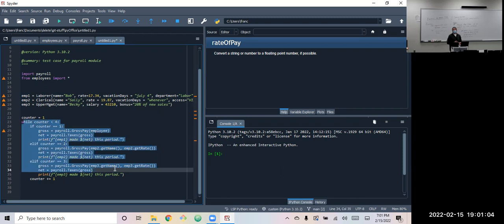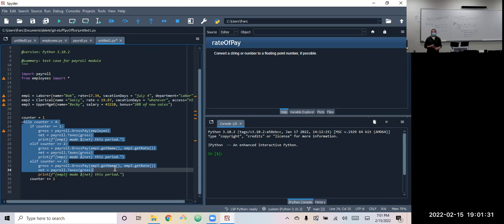This is the use level. All of that other stuff would be set up already. The classes, the payroll, and this is probably the level you're used to working with, right? You import a module and then start using it immediately. So all that stuff is already set up somewhere else. It just so happens that right now it's open in the same IDE, but essentially it's already set up.